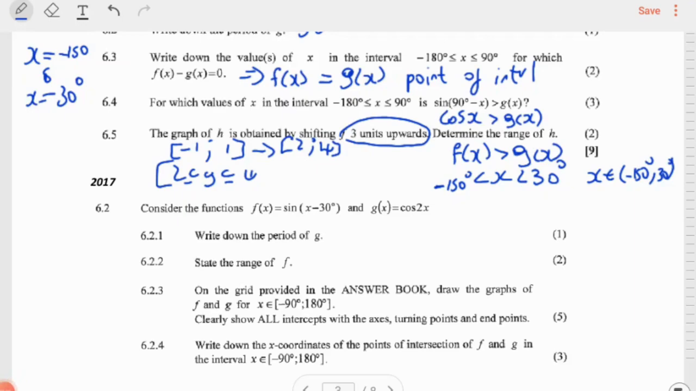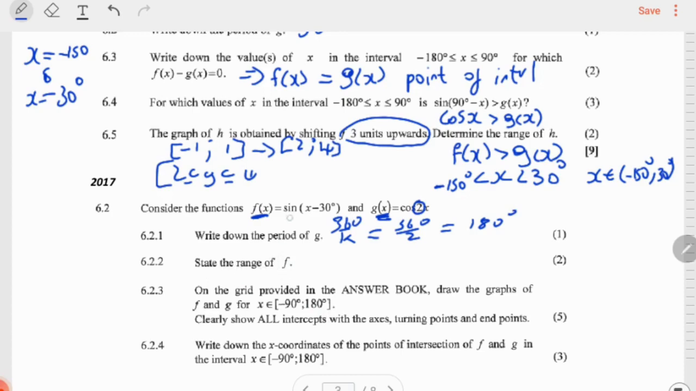So with a question like this, which I'm not going to show, it's very easy. So consider the function f at x and g at x. Write down the period of g. We're going to check again, does an angle have a coefficient? Yes, it has a coefficient, which is a 2. Since it's a cos, we know that period is 360 divided by k, and our k in this case is a 2. So that's 360 divided by 2. That means our period is